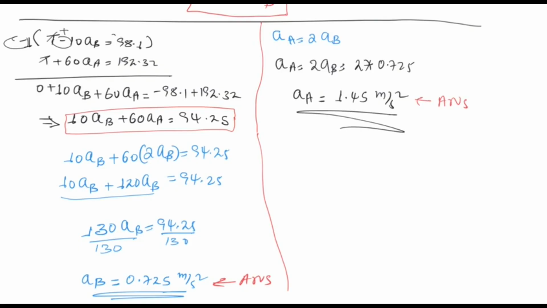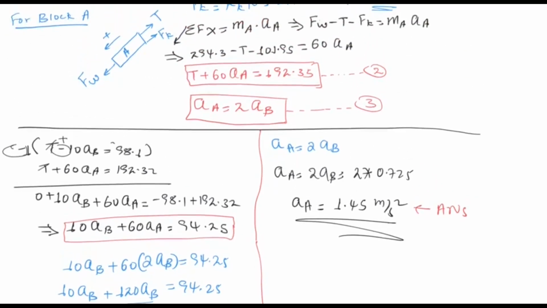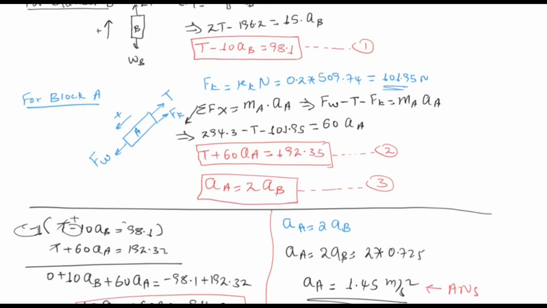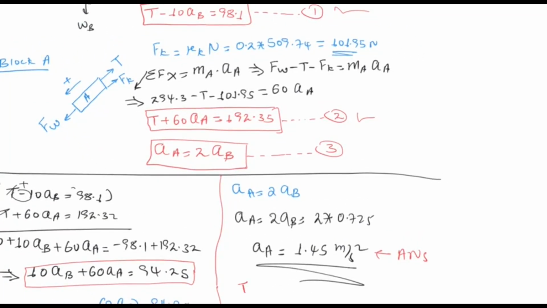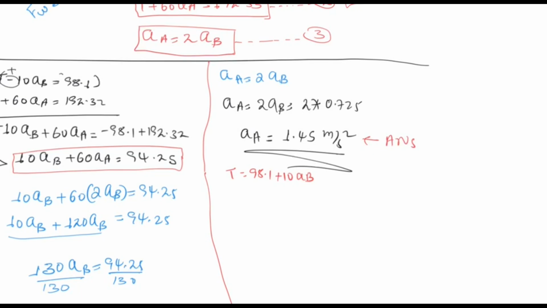Now, the last unknown parameter is tension. We can substitute the values of acceleration of A and acceleration of B into either equation 1 or equation 2. Let's substitute into equation 1. We know that from equation 1, tension is equal to 98.1 plus 10 times acceleration of B. Now once we have that, let's substitute the numerical value and see what will happen. So tension is equal to 98.1 plus 10 times acceleration of B, in this case